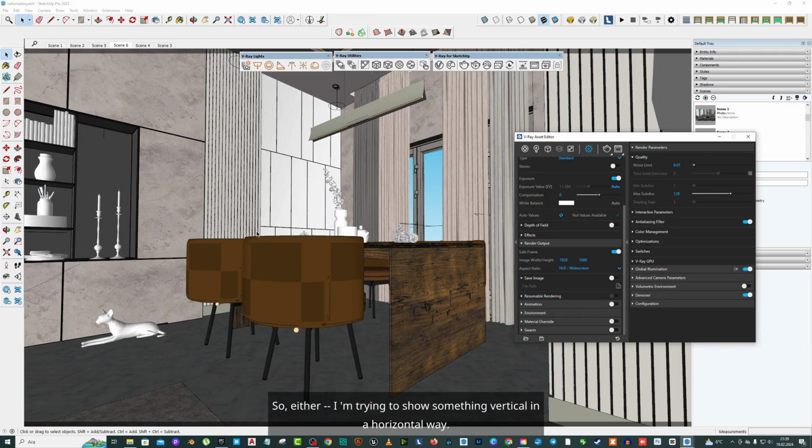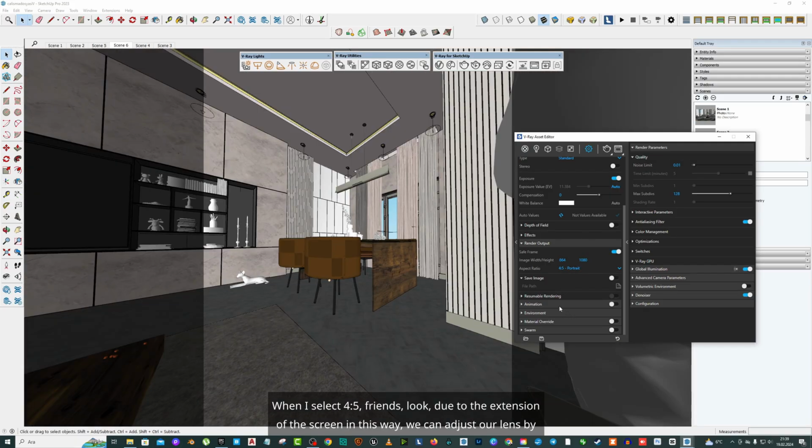So, either I'm trying to show something vertical in a horizontal way. I want to show these vertical parts here, but I'm taking a render in a horizontal format. This actually shows that the technique is wrong for me. Here, I can select the widescreen part and take it in a square format, or by altering the ratio to 5:4 or 4:5. When I select 4:5, friends, look, due to the extension of the screen in this way, we